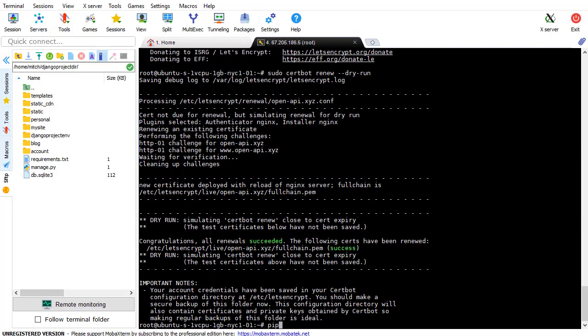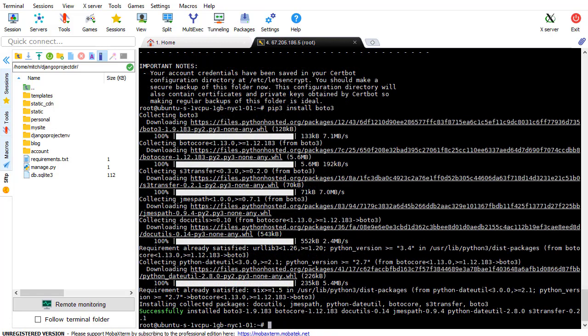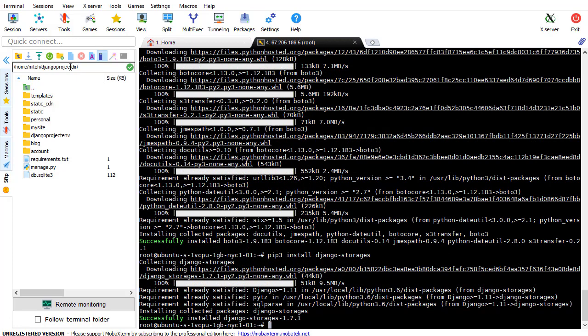So I'm going to do pip3 install boto3. This is something that you need. So I'm installing that. And next I need to install Django storages. So pip3 install django-storages. Next, I want you to navigate into your Django project directory, and I want you to make sure that